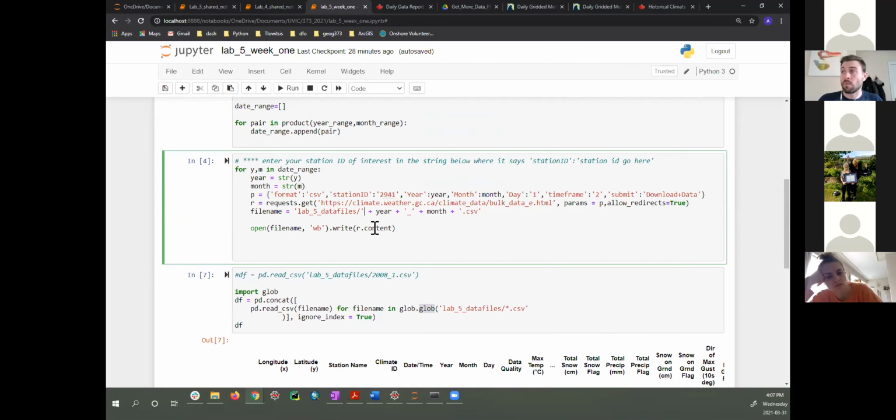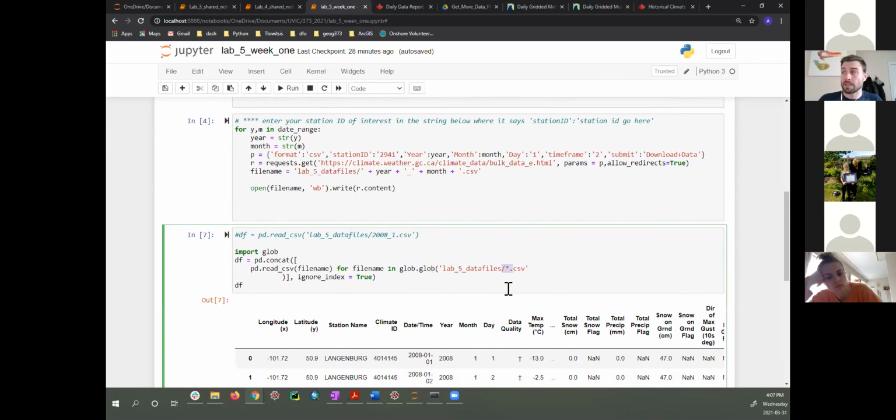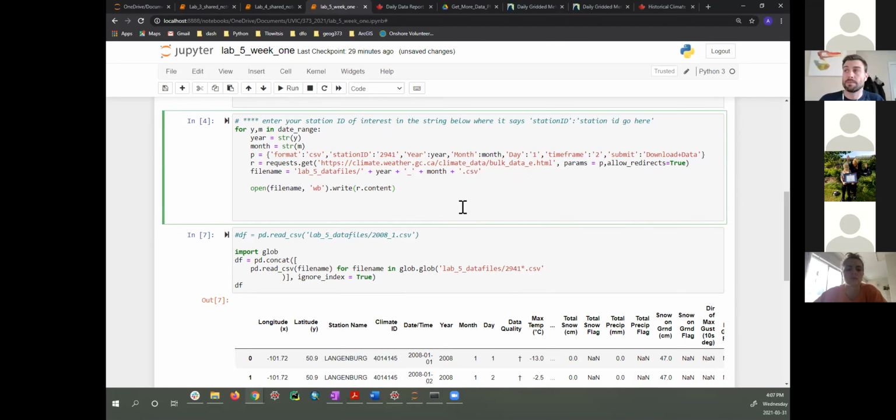But I tell you what, why don't we add something here to make it a little more explicit, right? Because our little asterisk here works pretty well. But what if we were to specify our station ID 2941 in front of it? It's going to look for every CSV file in that folder that starts with 2941. Okay, but right now they don't start with 2941. So to achieve that,